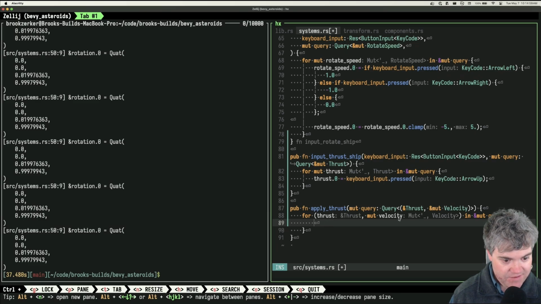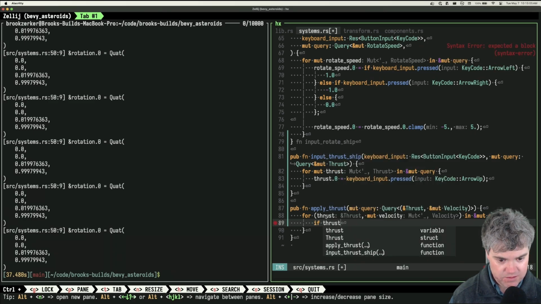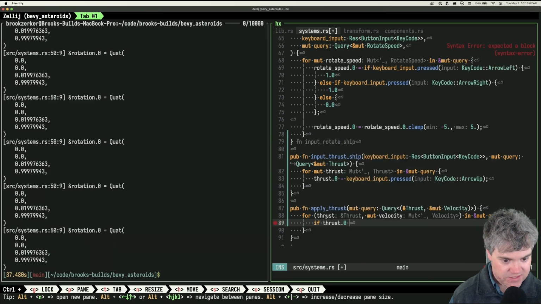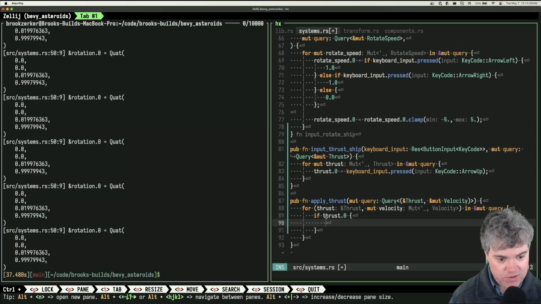Okay, so I have our thrust. So if thrust.0, so if this is true, then I want to take velocity and I want to, this probably should be like a constant of some kind, but I kind of want to just add 1 to velocity.